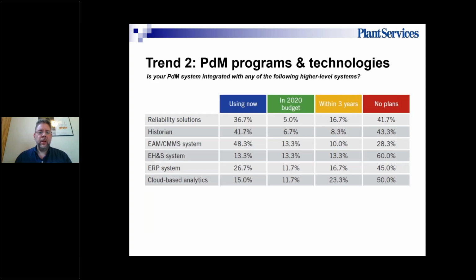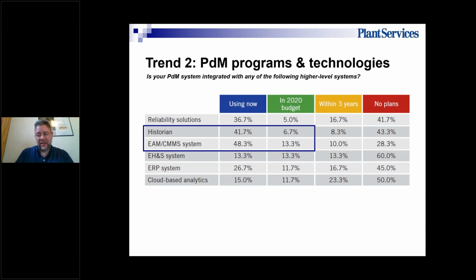We also wanted to know, what are you doing with the PDM data you're collecting? The question formally is, are you integrating your PDM systems with any of the following higher level systems? And to no one's surprise, historians and CMMS systems are the top two answers, which is good. It's good to see people mention that CMMS is coming out on top. I've talked to George Williams of Reliability X, and he gave a great presentation last year at SMRP talking about how oftentimes one of the failure points in a PDM program is getting the data converted from just data you've collected